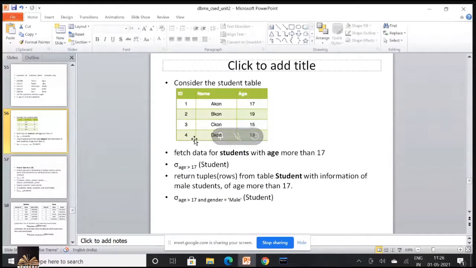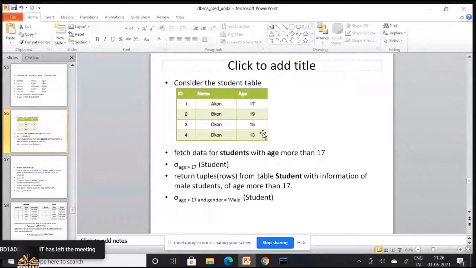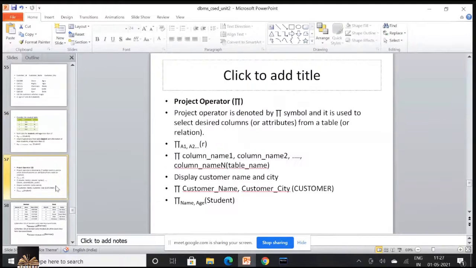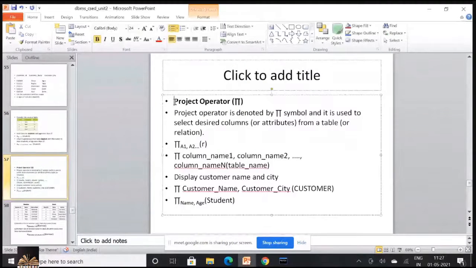3 and 4 are greater than 2, but 15 and 13 are less than 17. Hence, the query would result in a null set. That is, the two conditions are not satisfied. Hence, I'll get a null or empty set as the result. So this is your select operation in relational algebra with respect to a simple condition as well as a complex condition. Okay, now, whenever you are interested in specific column values,